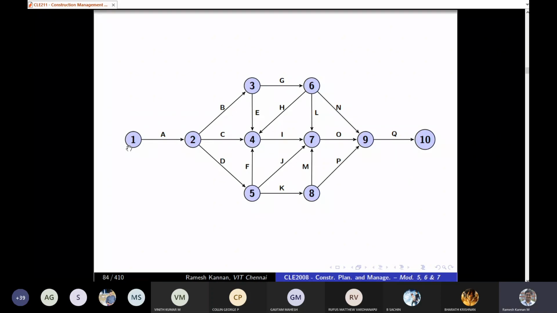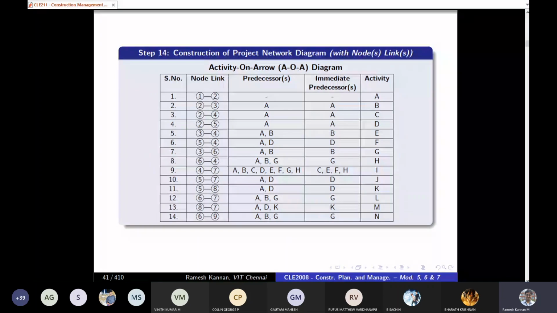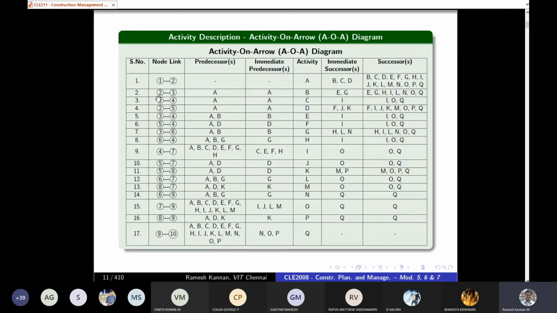Right. So some of the other concepts associated with this network analysis are called redundancy removal or finding out immediate predecessor. I repeat, in examination, we'll be giving only the tabular column that has got activity, predecessors, successors. We will not give node links. You have to make up the node link by finding out immediate predecessor and immediate successor and drawing the network diagram. Then you can label it using Fulkerson's rule. As simple as that, right? So that comes to the end of today's lecture.